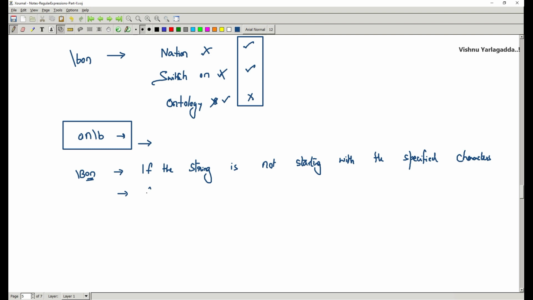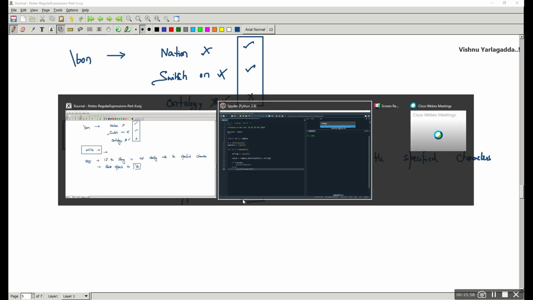Or I can say it is simply quite opposite to the backslash b. So once again I'm repeating the backslash b.